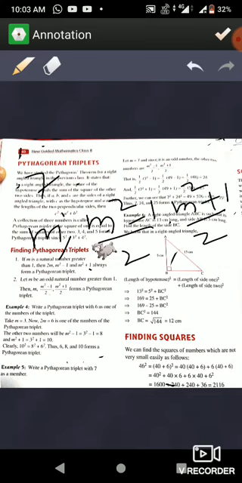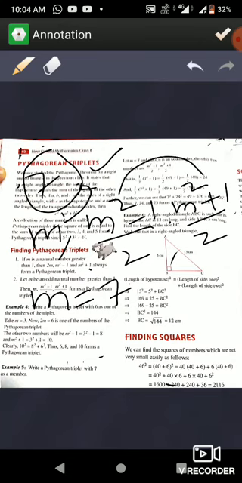Okay. Now we are going to discuss with the help of the example 7. So here m is equal to 7. It is given to you. The first number is given to you. Now find out the second and third. 7 square minus 1 upon 2, that is 49 minus 1, 48, 48 upon 2, that is 24. Likewise, the other one will be 25. Calculate this and you get 25. The three numbers are 7, 24 and 25. If you want to verify that, you can also verify it.